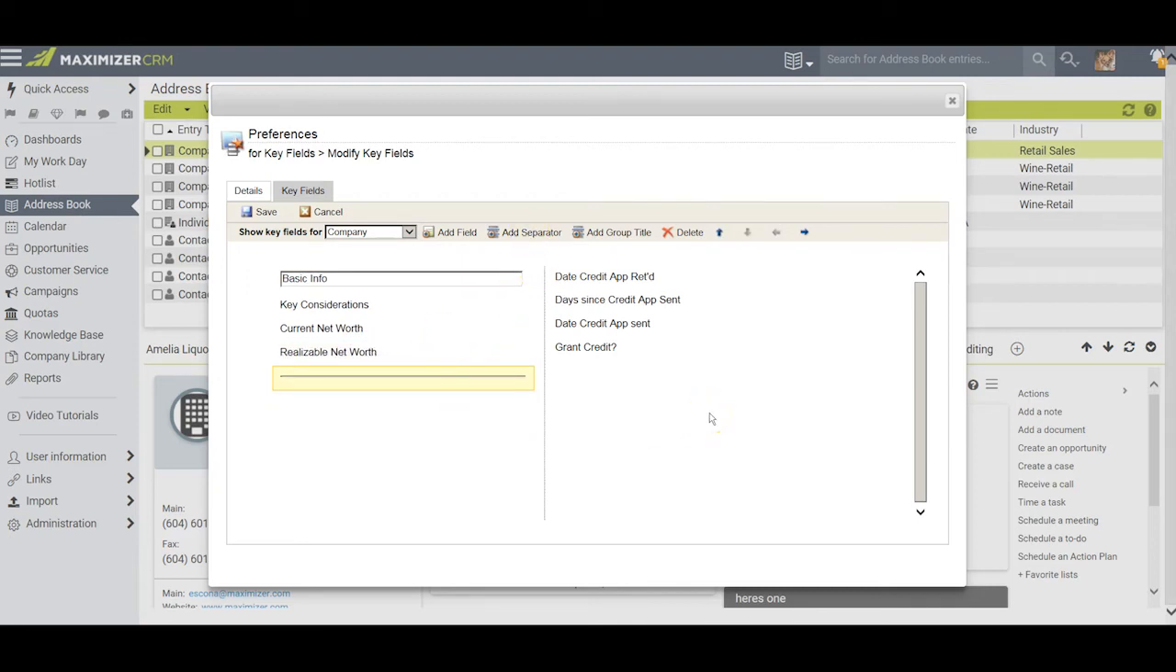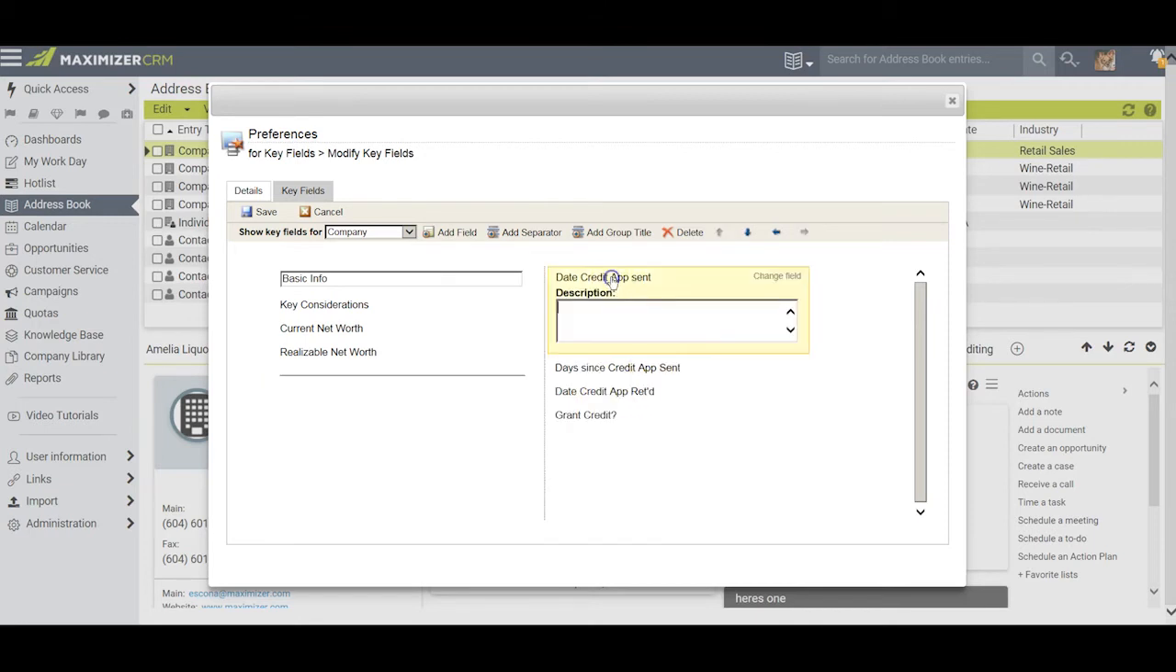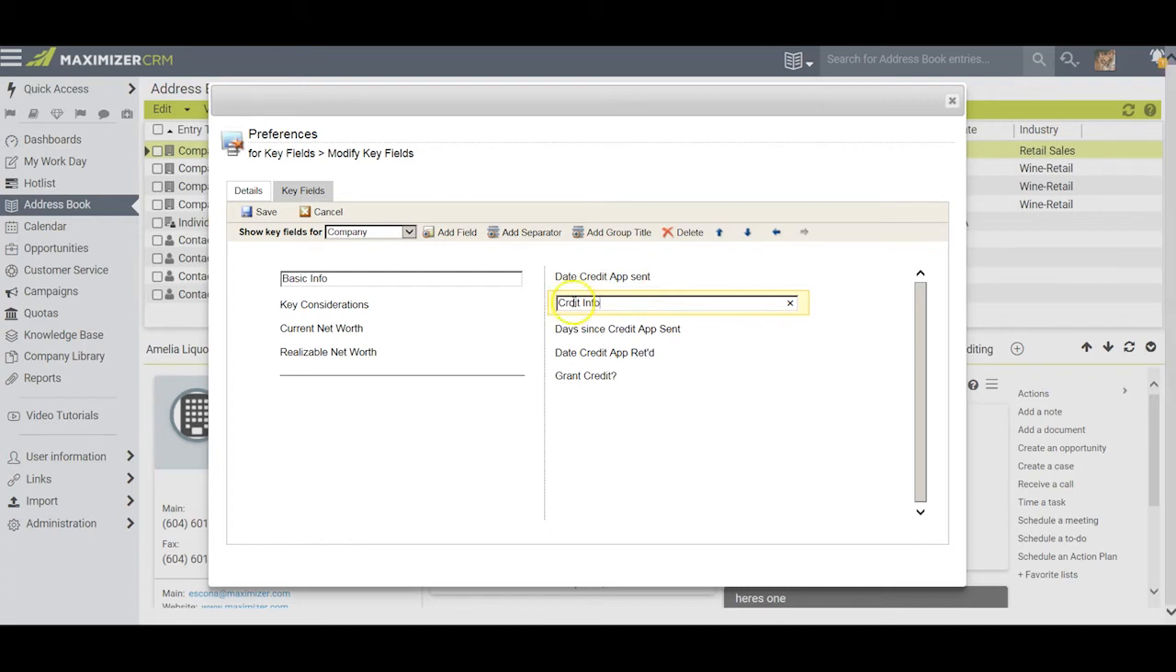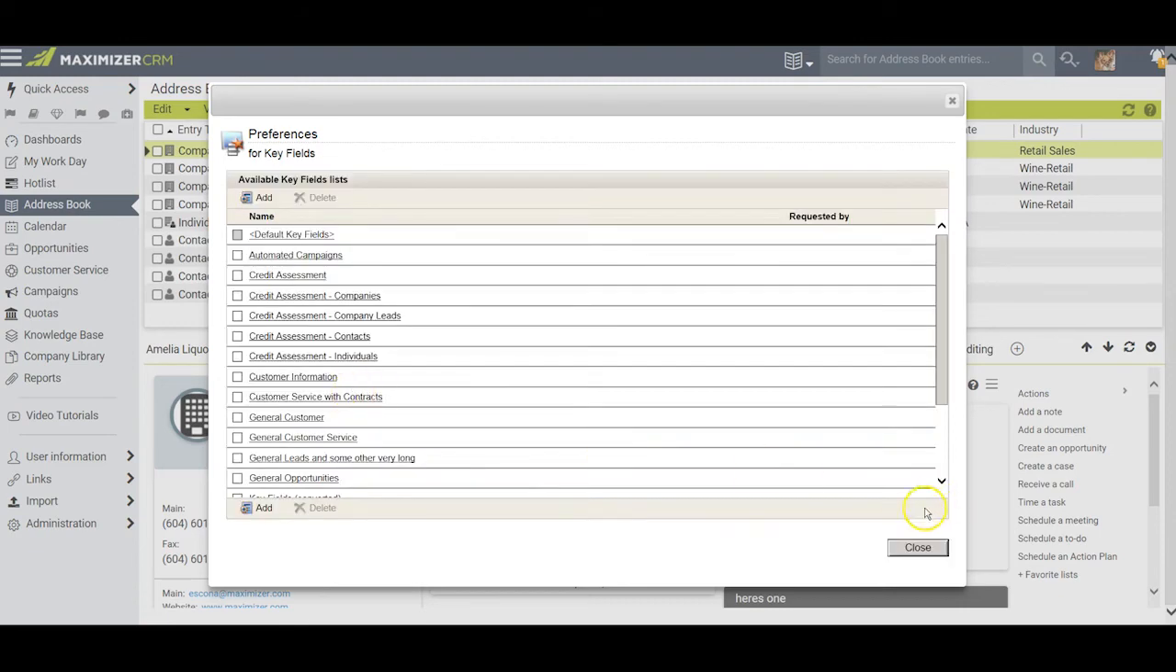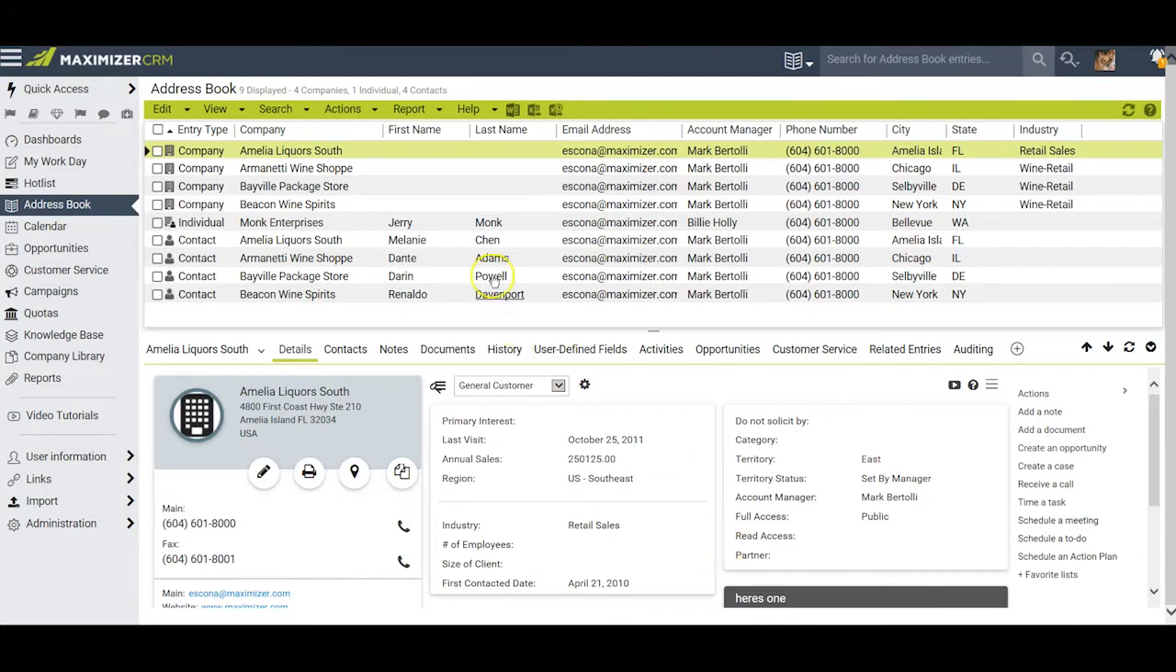This side over here, I'm going to say Date Credit Application Sent, date it was returned, days since, and grant credit. And I'll just add another group title here, and I'll call this Credit Info. And I'll even spell credit correctly and move that to the top, and again wrap this up with a separator at the bottom. Now I'm going to go ahead and click Save, and I'll click Close, and I'm looking at a company,